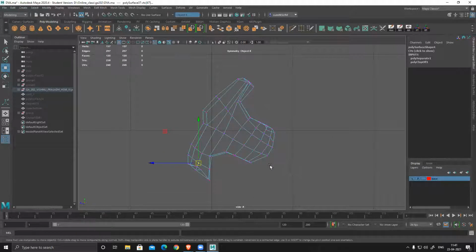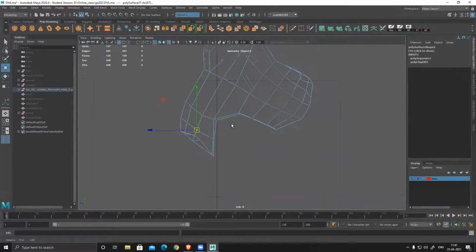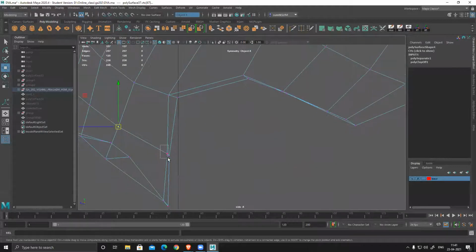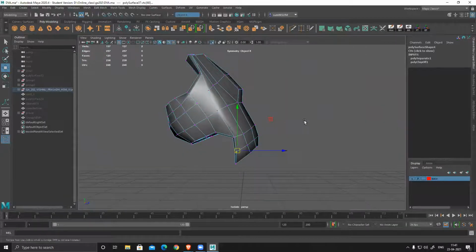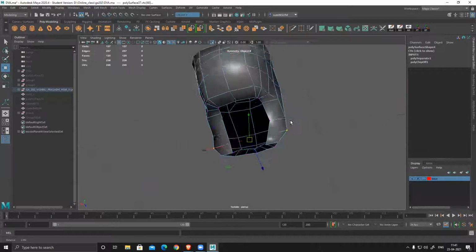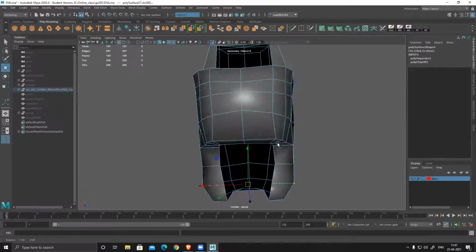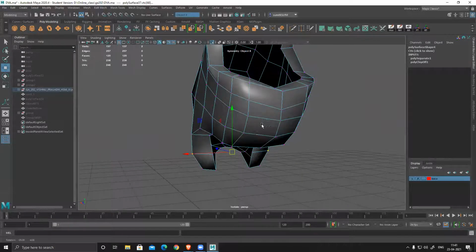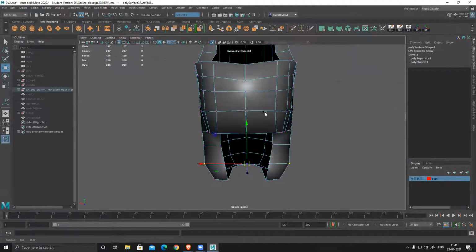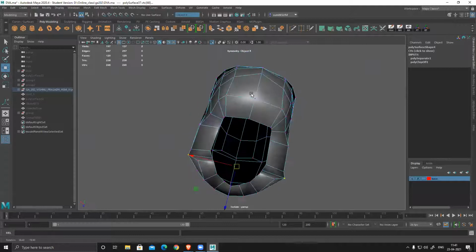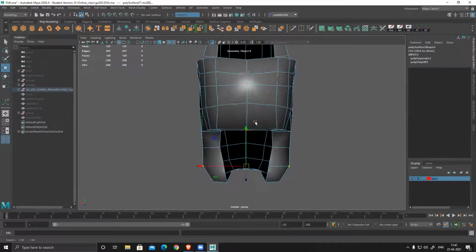So poly distribution wise also try to keep everything similar, and most importantly, keep the thickness similar. Most of the thickness, keep similar.